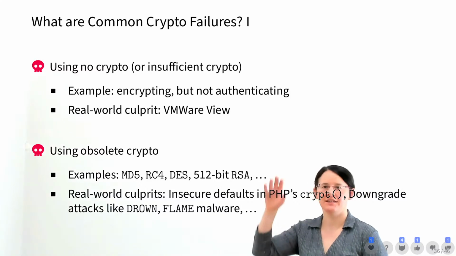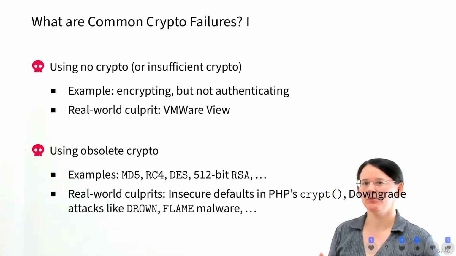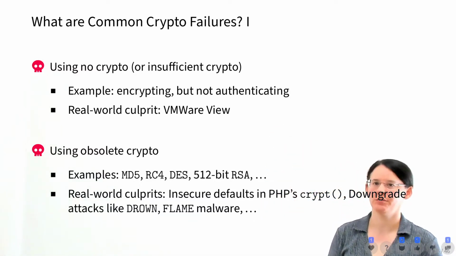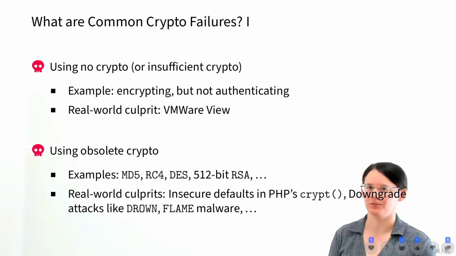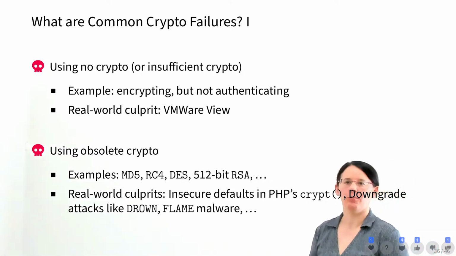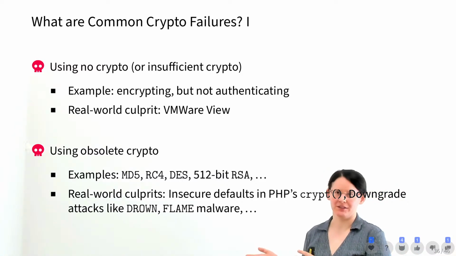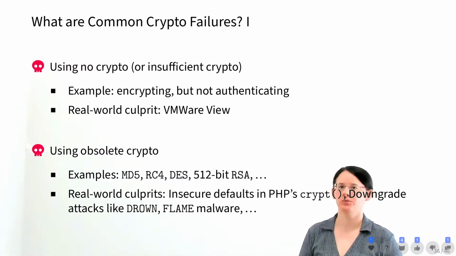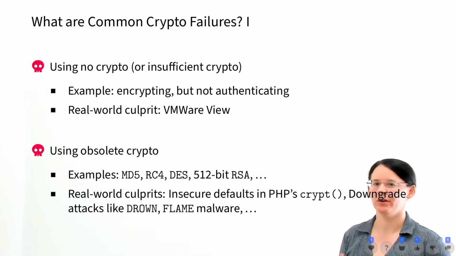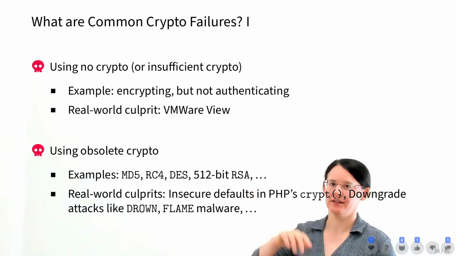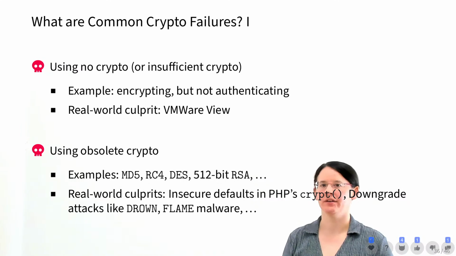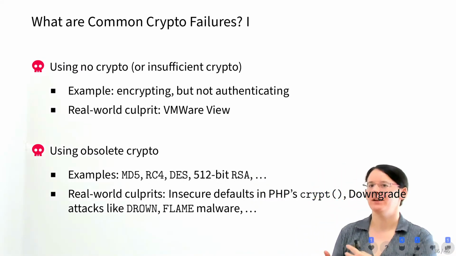crypto. So as an example for the first case, a use of insufficient cryptography would be, for example, you use a symmetric encryption scheme, but you don't authenticate. So you don't do a MAC afterwards. You don't use authenticated encryption. In that case, while nobody can read your transmitted messages, they might be able to manipulate it. One of the implementations that was affected by this is, for example, the VMware view feature, where you could manipulate